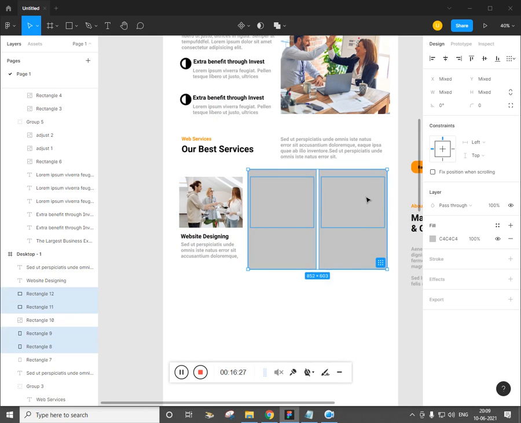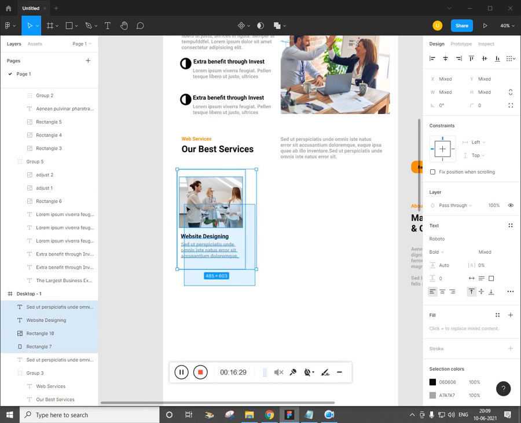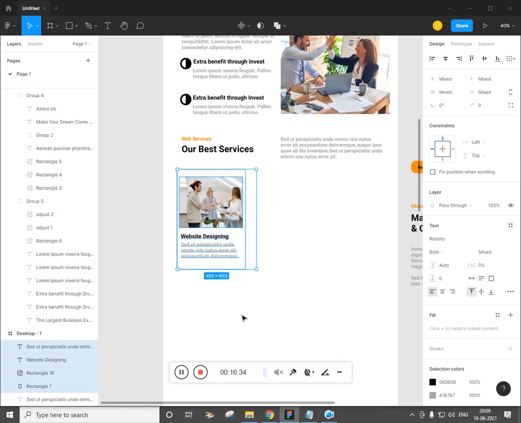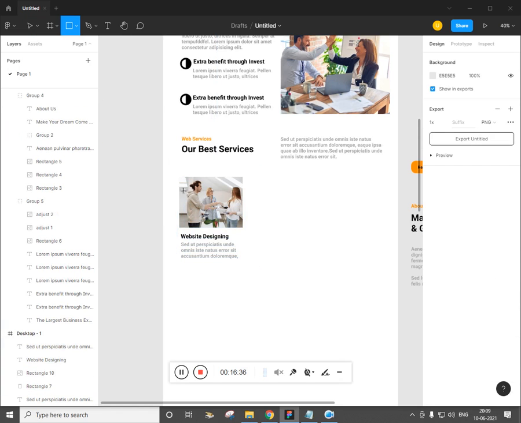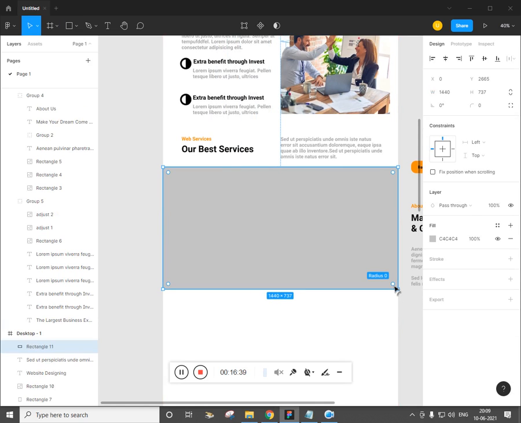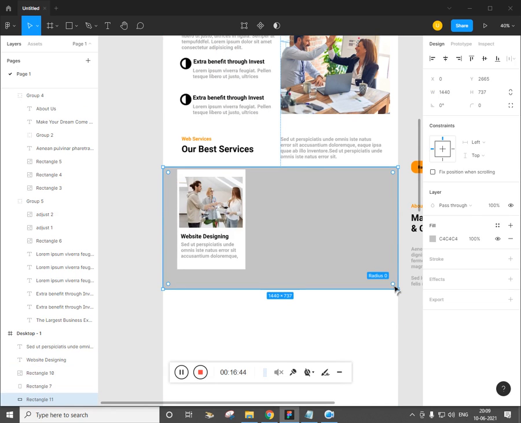Likewise, we'll just drag it, make it a group. So before making a group, let's first create the rectangle and take this below, control open square bracket.